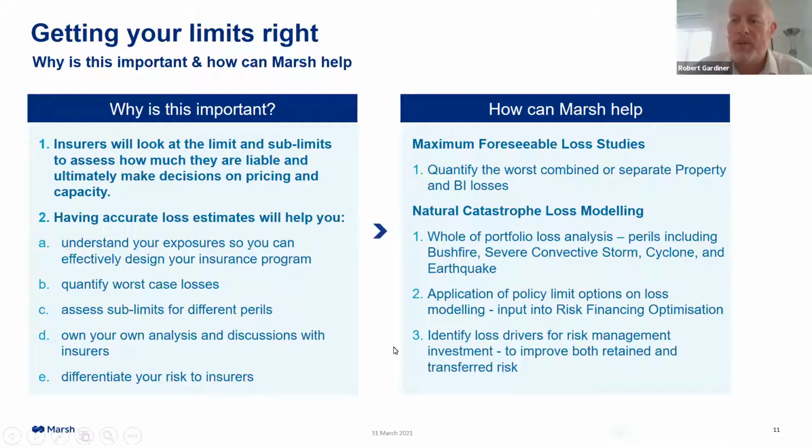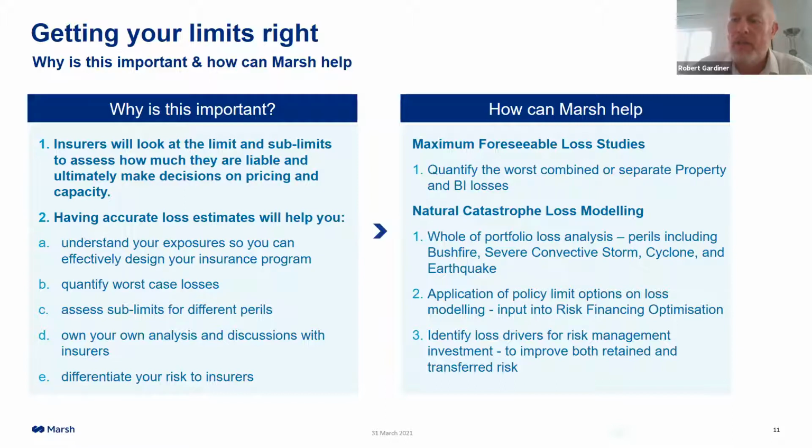And I'll give a practical example. If a client provides insured values in a register that lists all of the assets located at one location, that location may be broken down into multiple different buildings, and that value is distributed across the site, where the worst case scenario might actually be only the loss of one building. But the way the assets are declared on the schedule, it looks like one value, one location, and ultimately an insurer may make an assumption about the worst case loss. So a maximum foreseeable loss study can help you present your worst case loss scenario to the insurance market from a property damage and business interruption perspective.